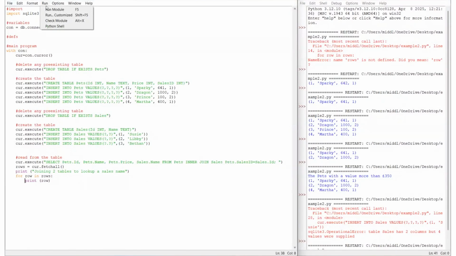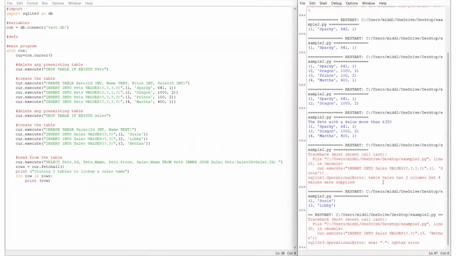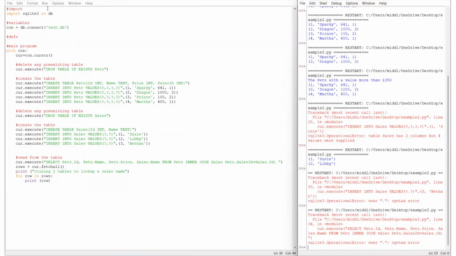And if we run that now, we press run, and it says, okay, we must save it. And I've managed to miss something. It's a full stop I've put in between the two things instead of a comma on the parameter query. And as you run that,